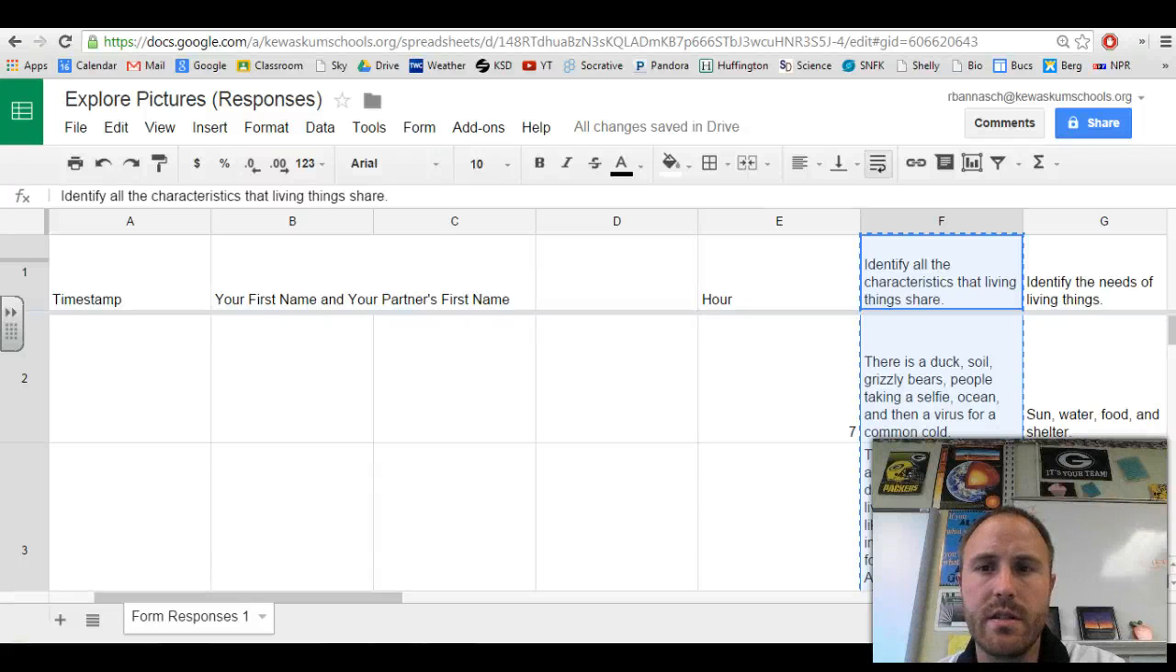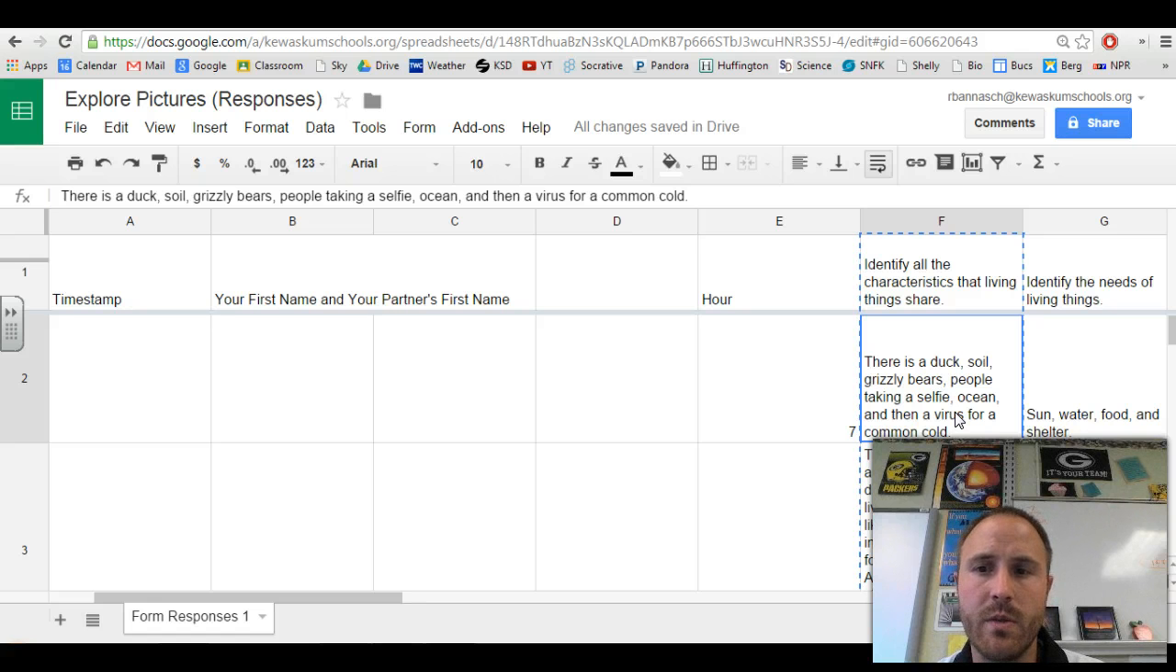Hey, 7th grade students. We just finished up with the lab that was looking at pictures of living and non-living things, and what we were trying to do is figure out some of the characteristics that living things share with one another. And so we started to collect them. Obviously, in the lab itself, we looked at a duck, we looked at a human, we looked at a virus,